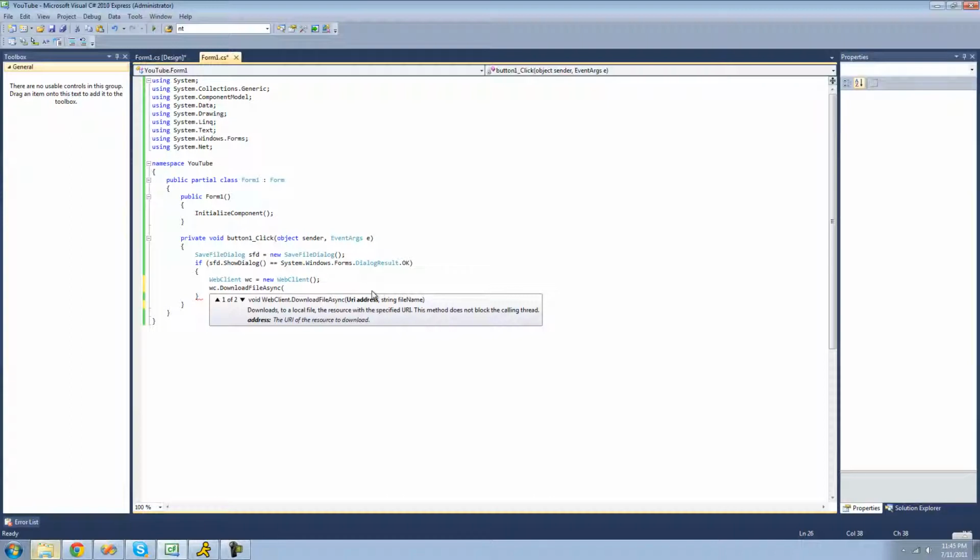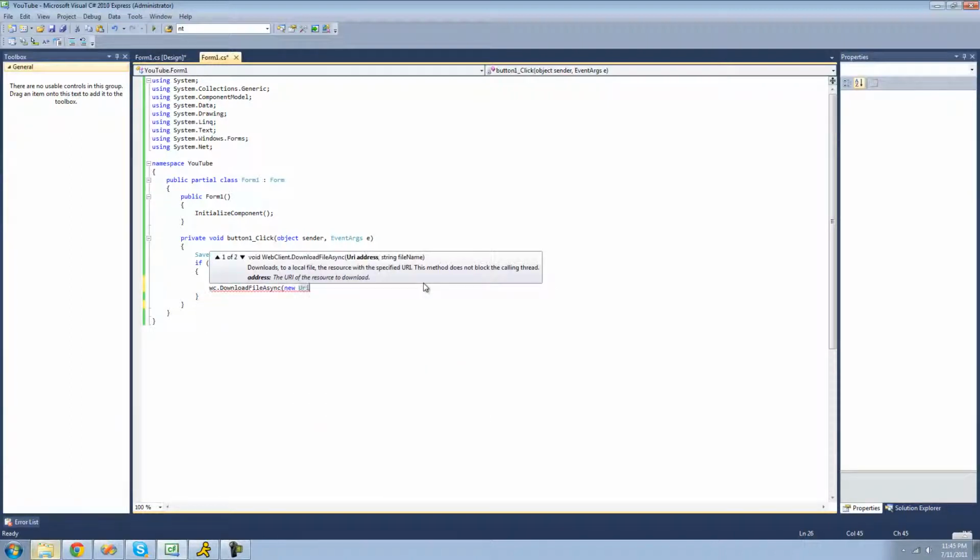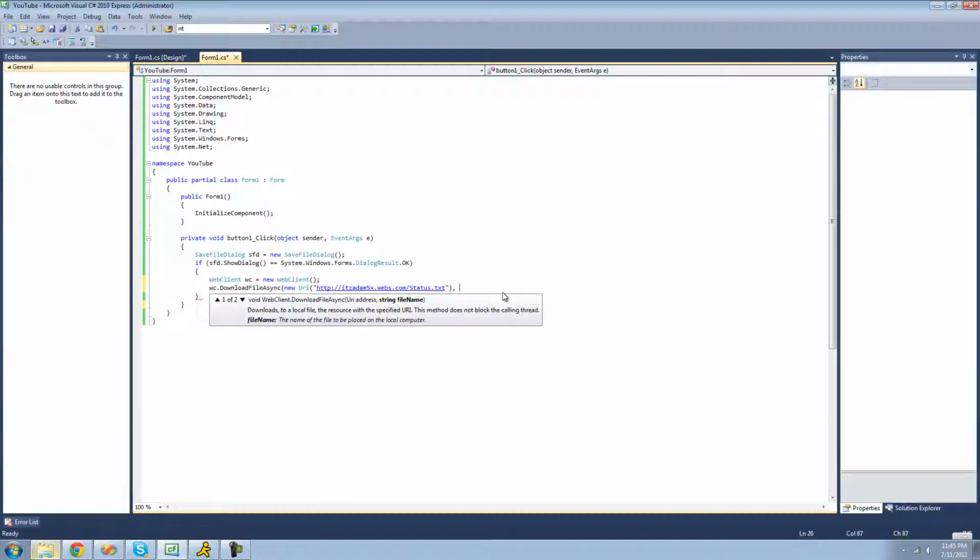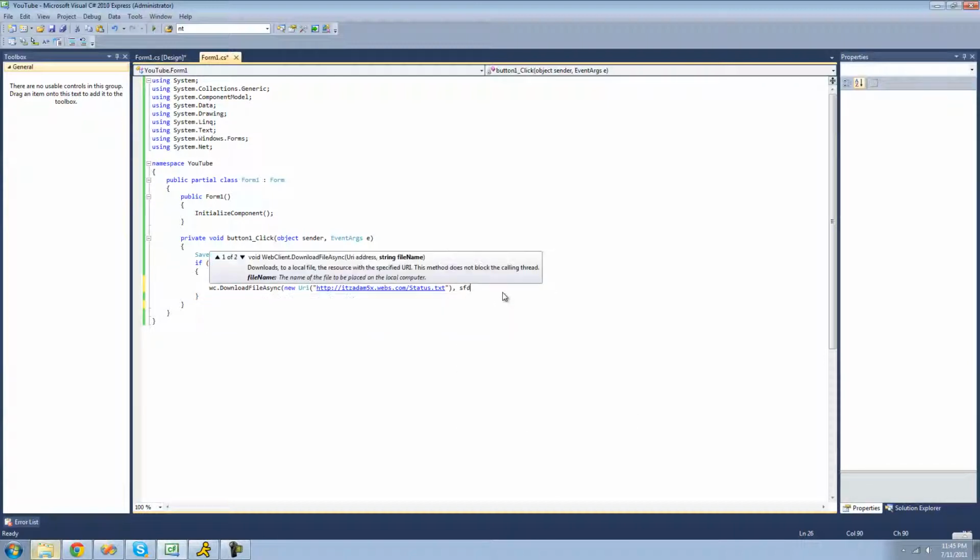So right here it calls for a URI, so we're just going to do new Uri, and that's just basically a URL. And inside of here we're just going to paste the URL, which is the link to our file. And the second parameter that this method calls for is a file name, or the path to where we want to save the file or download the file to. And that's what the save file dialog is for. So we can just do sfd.FileName,